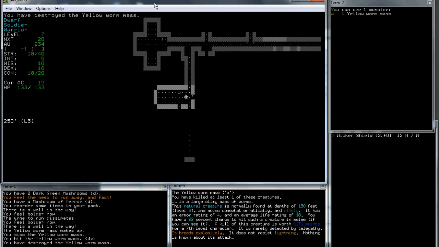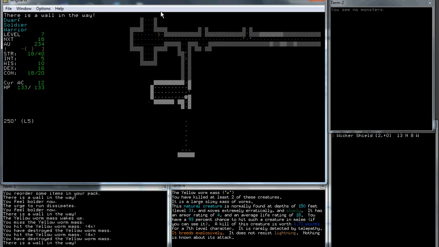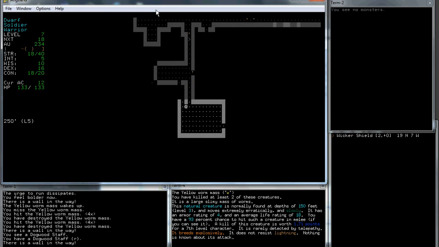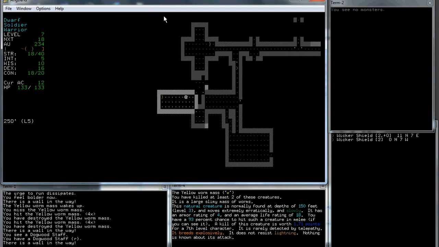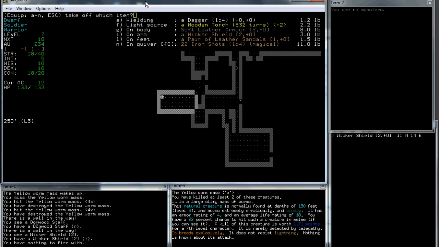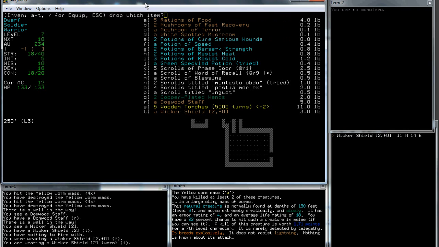Shoot. Yellow worm masses drain dex if they hit you, so it's something to be careful about. But I'm not that far from the next level, so a drain wouldn't actually be that bad. Staff to identify. Another wicker shield. Jeez. So what we're going to do is we're going to take off this. And what's going to happen is, so this is not...